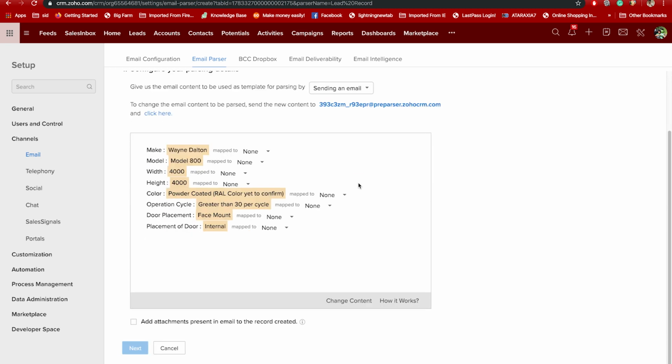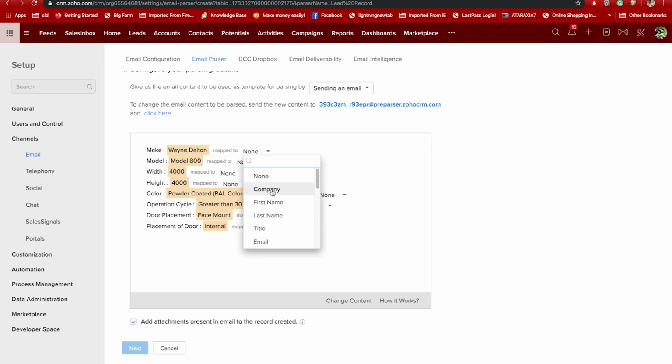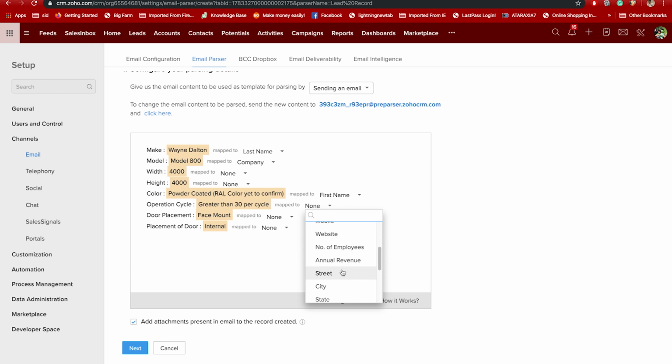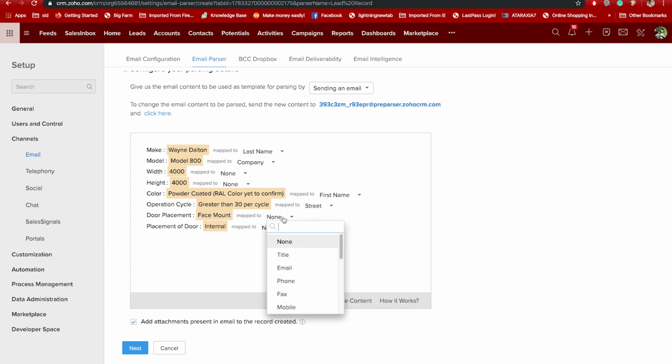And there you have it. It's all mapped directly to your CRM fields. I'm going to check that box and directly map it. So all of this will directly get transferred into your CRM. I wouldn't have to look at each email and enter each of these records manually into the lead.